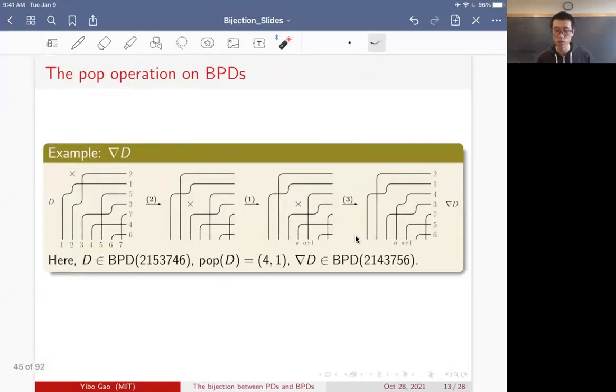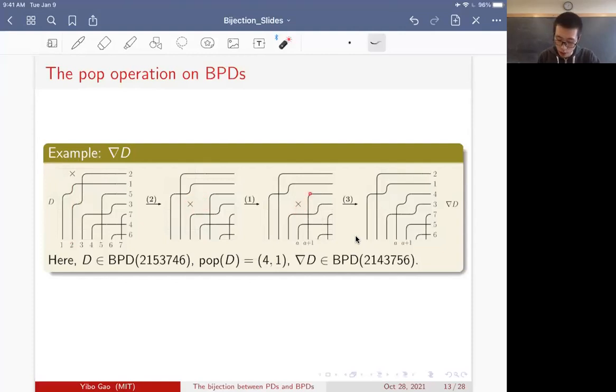Okay, so here's an actual example. So we start with this bumpless pipe dream, and we have the cross at this position. And then we look at the unique pipe that passes through the right of it. And then because it turns, we need to droop this pipe like that and put the crosses here. Now it's not in the rightmost position of a contiguous block of blank tiles, so we move it to the right. We move it to the right,